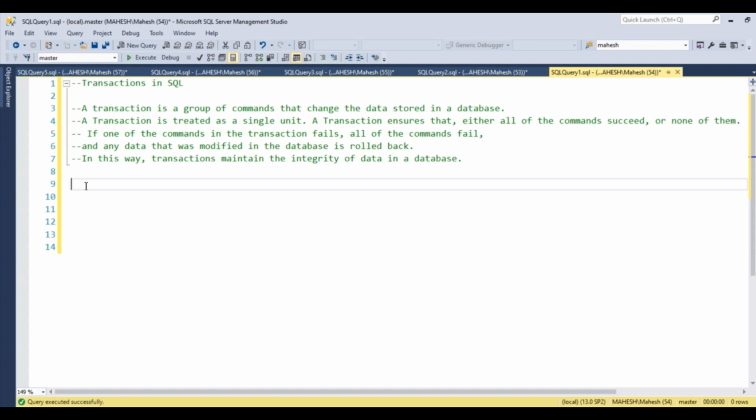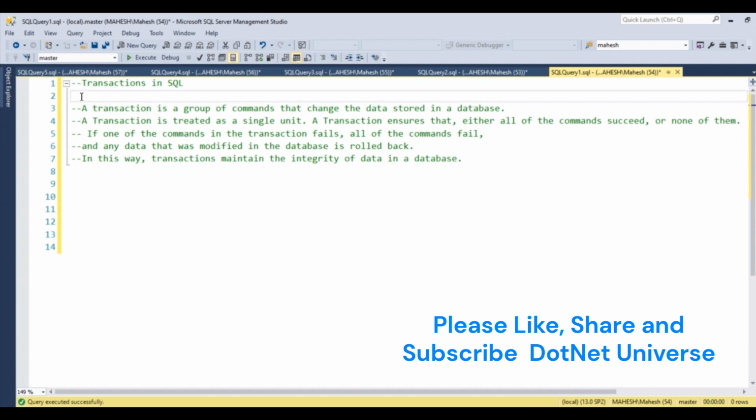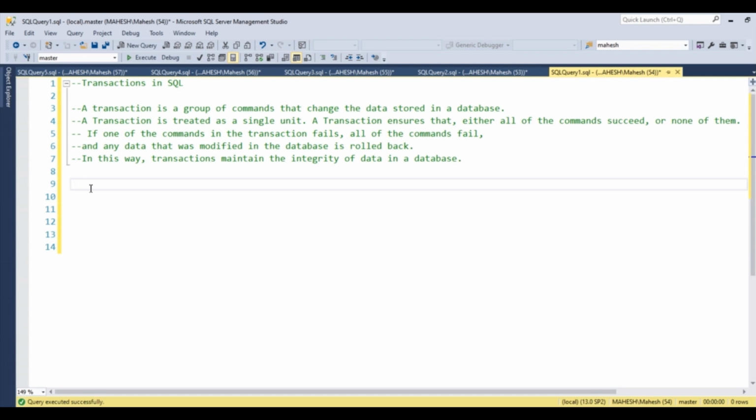If both the statements execute successfully, then the whole transaction is successful. So it's really very useful in SQL. So we will first create a query where we can check how transaction works. So we will first create a query like begin,